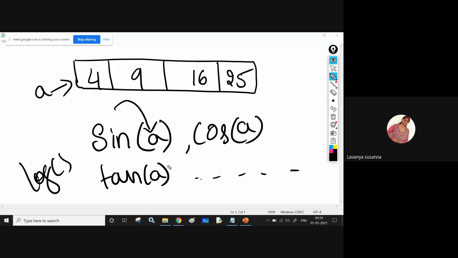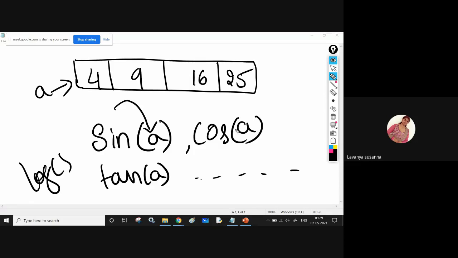Sine of a will find the sine value of each and every element in the array. Next, cos of a: you need to pass an array object into the cos function, and it will find the cos value of each and every element in the array. Like this, log will find the logarithm value of each and every element in the array.